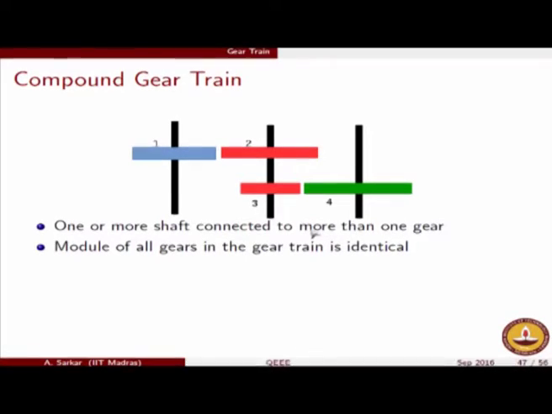Firstly, again to emphasize, all gears in this gear train are not necessarily identical in module. It is required that gear 1 and gear 2 be identical in module. It is required that gear 3 and gear 4 be identical in module because of the condition of engagement between gear pairs. Actually, strictly speaking, it is not required that gear 2 and gear 3 be of the same module.